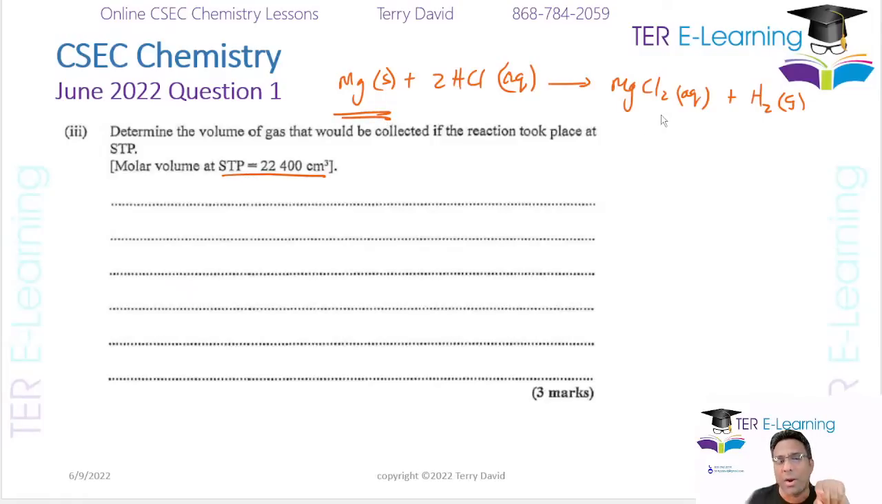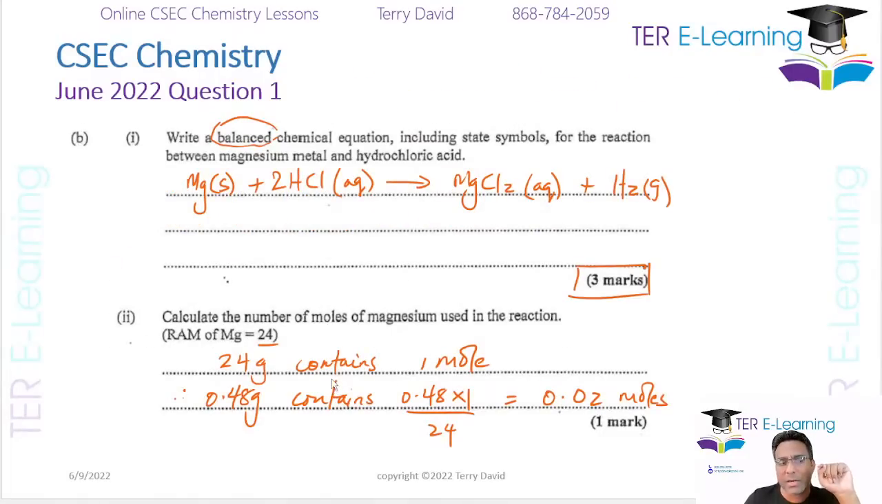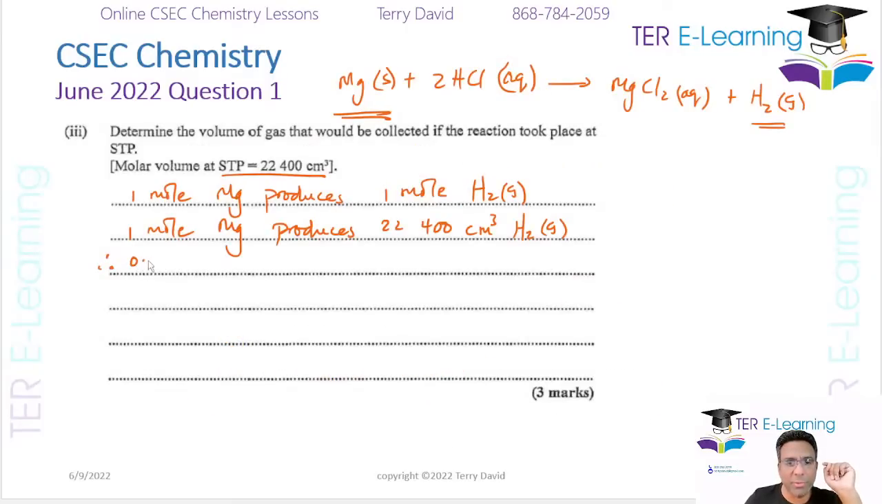According to this equation, 1 mole of magnesium solid produces 1 mole of gas, right? So according to that equation, 1 mole Mg produces 1 mole H2 gas, right? Therefore, we already know how much moles of the magnesium we had, right? So I'm going to just write this over and say 1 mole Mg produces, right? Now 1 mole of a gas at STP is going to be 22400 cm3, right? Therefore, we're going to use the answer we just got because that's the amount of moles of the magnesium we used, 0.02. So therefore 0.02 moles